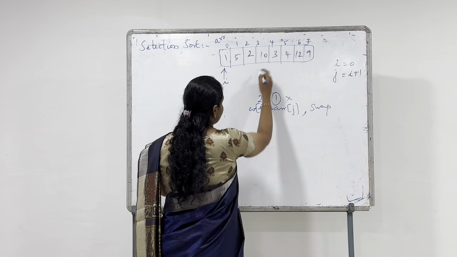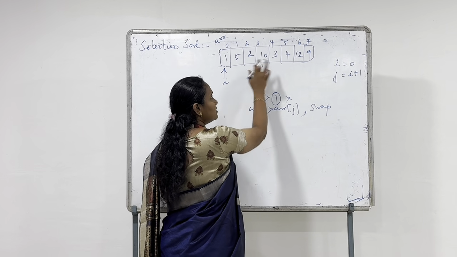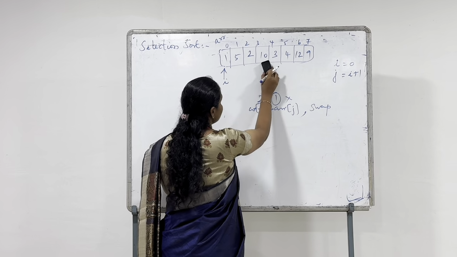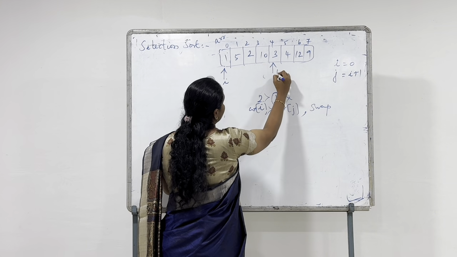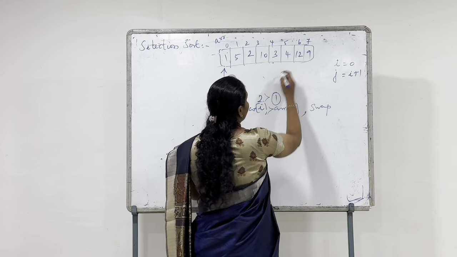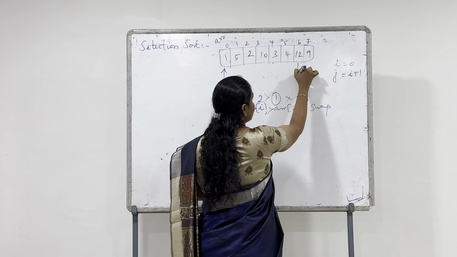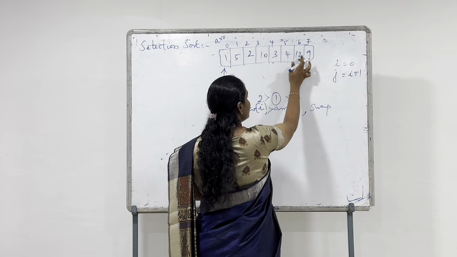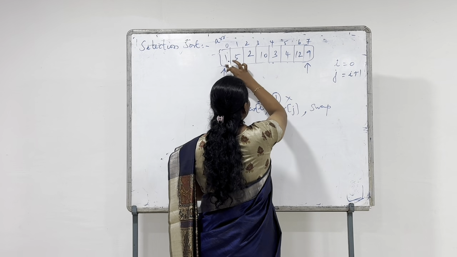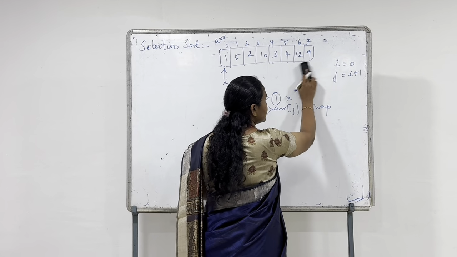Again increment j and compare the values. 1 is lesser than 10, so no change. Now 1 is less than 3, no change. Then increment j, 1 is less than 4, no change. 1 is less than 12, no change. 1 is less than 9, no change. After that the inner loop gets